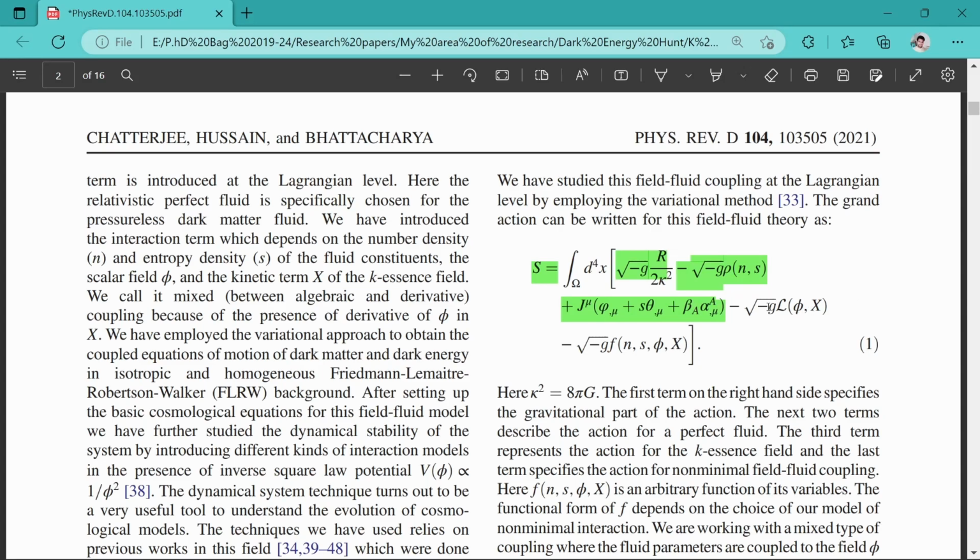Now here I have taken the action corresponding to Kessence, where there is some kind of field phi, and it has a non-linear kinetic term, where x is equal to half d mu phi d mu phi. Let me rewrite here. So x here is half d mu phi d mu phi, and we assume that this x term is always positive. Here we have encapsulated d mu phi, meaning that phi dot squared is encapsulated in x. So in some sense it is not a linear theory, it has now become non-linear.